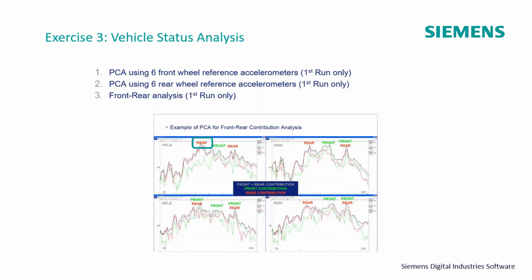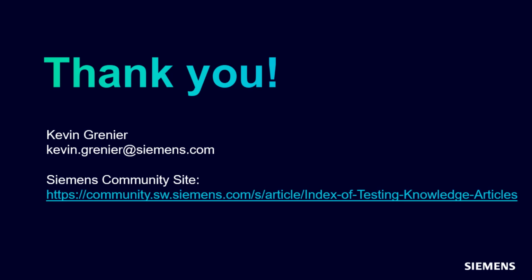It's interesting that at low frequency, the rear suspension tends to dominate. In the middle frequency, the front suspension dominated, and at the higher frequencies, the rear suspension dominated again. There we can see the contributions to the total, front and rear together, is the grayish or black curve. Red is the rear contribution only, and green is the front contribution only. So it gives you some insight on the analysis. That is all I have.